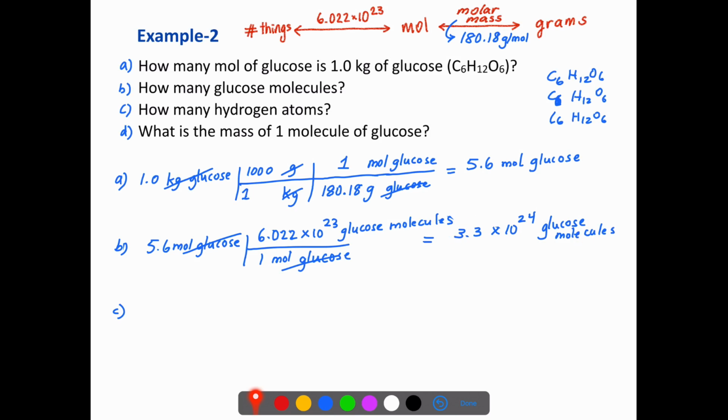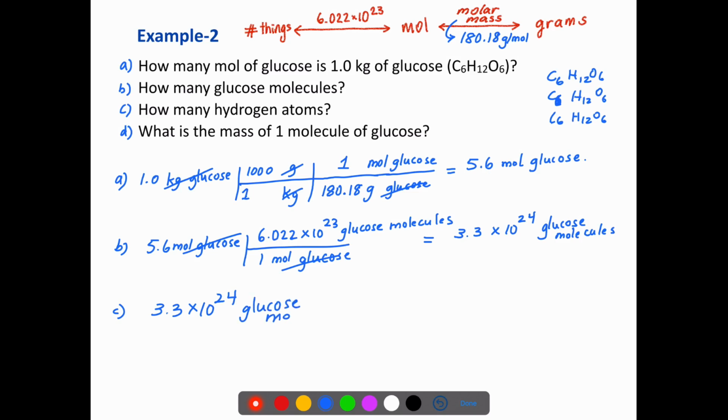How many hydrogens are they going to contain? If I have 2, I'll have 2 times 12. If I have 3, I have 3 times 12, that many hydrogen atoms, because there are 12 in each. So if I have that many glucose molecules, there's going to be 12 times that many. You can set this up with dimensional analysis as your starting number will be 3.3 times 10 to the 24 glucose